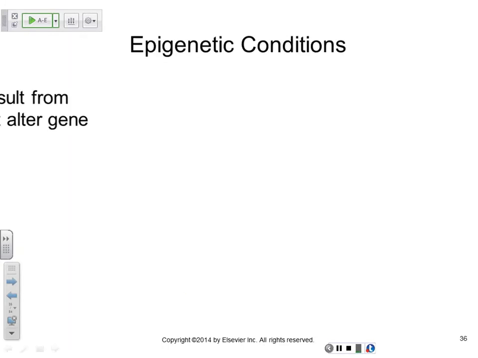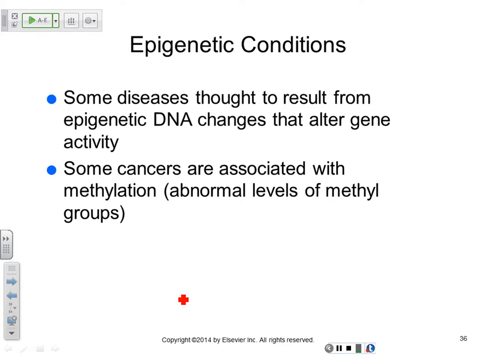There you go. Very good. So epigenetic conditions result from the interaction of behavior and the environment with the genetic makeup to result in certain conditions. And like I was talking earlier about certain cancers, if you have a high level of methylation of these C groups on your DNA, or sometimes low levels of methylation, it can switch on and off certain genes. So a high level of methylation on your DNA will cause switching off of genes that prevent cancer development.